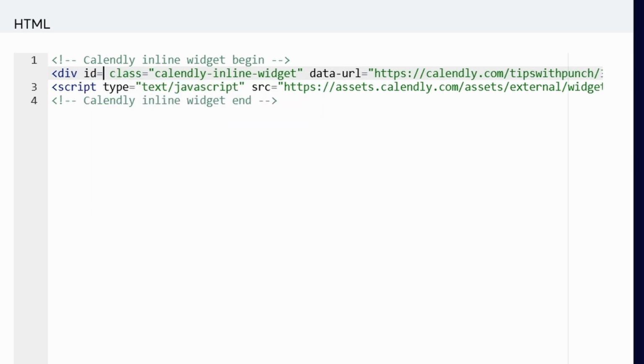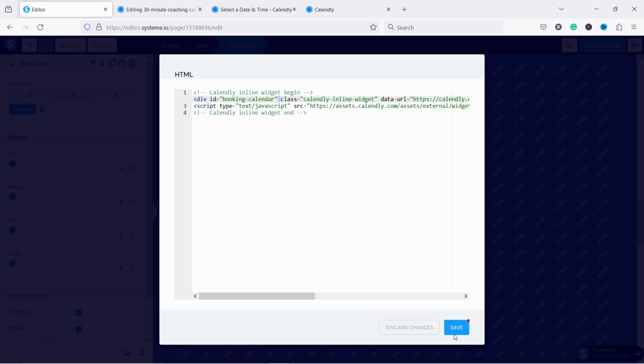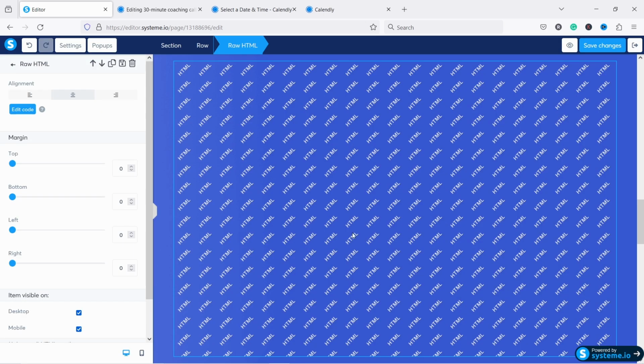ID equals, and then you need double quotes, and between those quotes you just give it an ID. In this case, I'm just gonna say booking calendar. So make sure it's just after the div, then you have the ID and the quotation marks, and there's a space between the class. Now if I save it, and if I scroll down to the button here at the bottom,